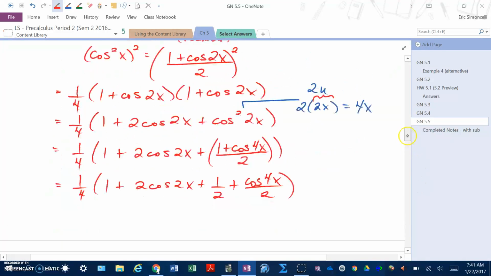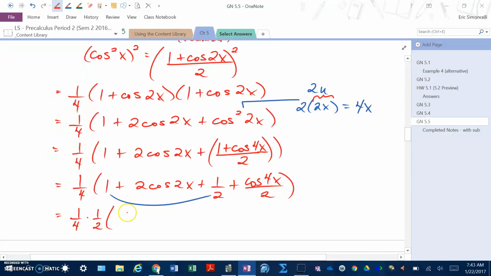Now we do need to simplify a bit more, and it turns out that we can factor out after we combine some like terms. These two can be combined: 1 plus 1/2 is 3/2. So we'll be able to now factor out a 1/2. So it's 1/2 times 1/4, which becomes 1/8 in the next step. Factoring out a half out of 3/2, in other words, 3/2 times 2,